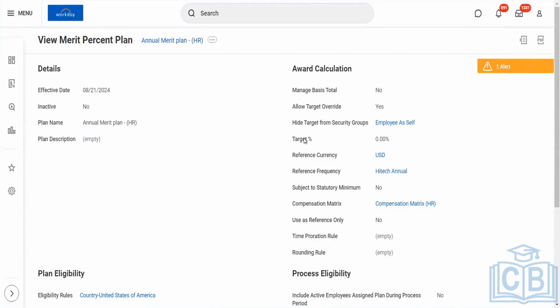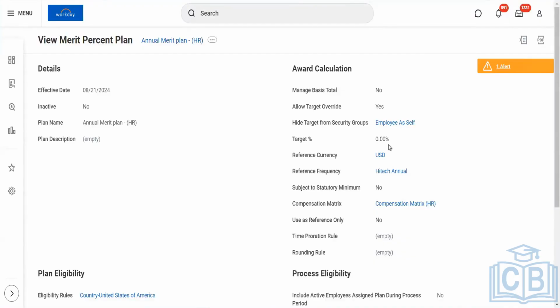This target percentage is nothing but, let's take an example. I am defining that we will be getting a performance rating, where we will have different gradings, and based on the gradings we will define the percentage. Let's take an example for some worker for whom I have not defined the percentage.